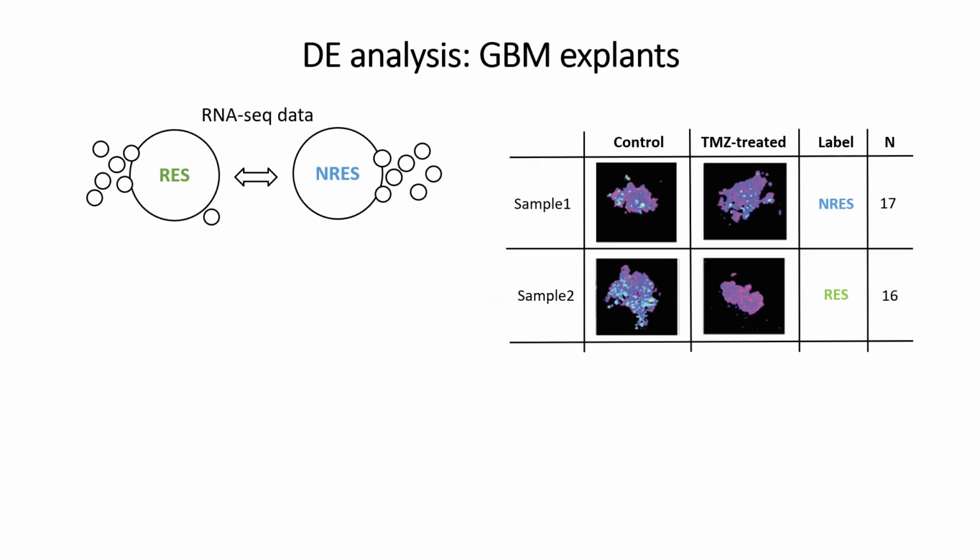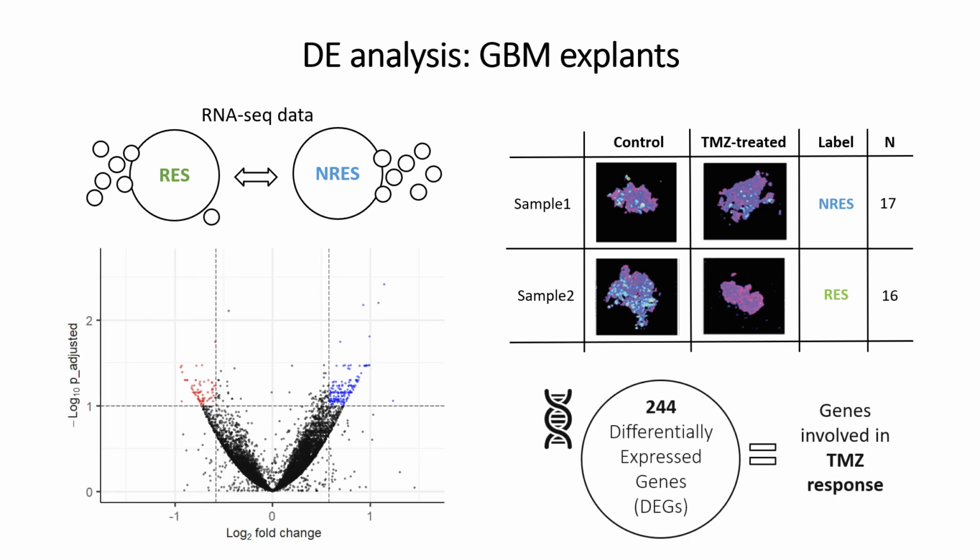Our cohort of glioblastoma explants is constituted by 33 samples, treated with temozolomide. The samples have been consequently labeled as responsive or non-responsive based on the presence or absence, after the TMZ treatment, of metabolic changes identified by the FLIM. Using the RNA-seq data of the glioblastoma explants, we thus performed a differential expression analysis, comparing these two groups of samples. In this way, we obtained 244 differentially expressed genes, representing the genes involved in the TMZ response based on